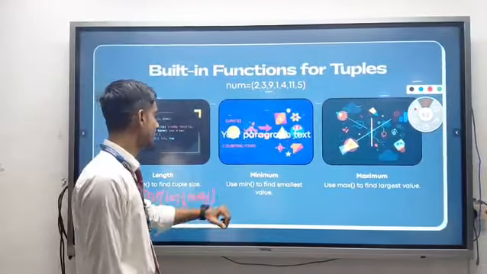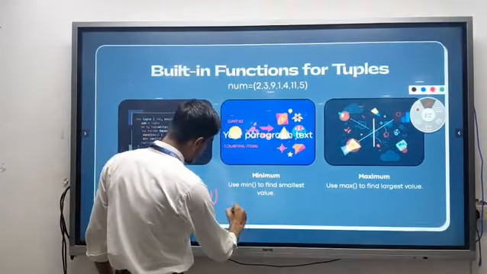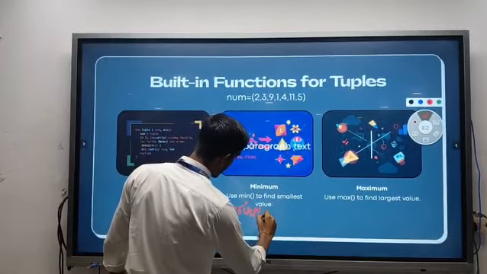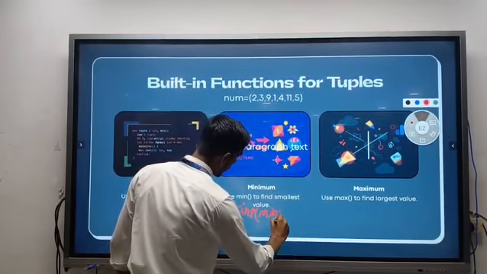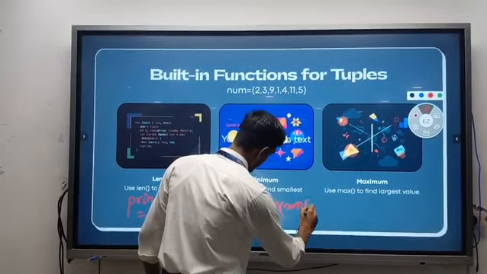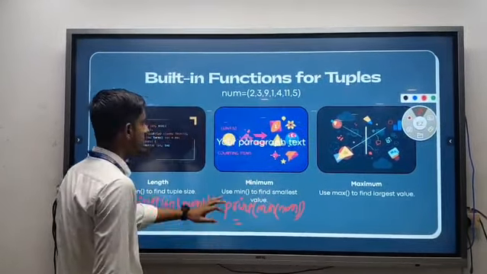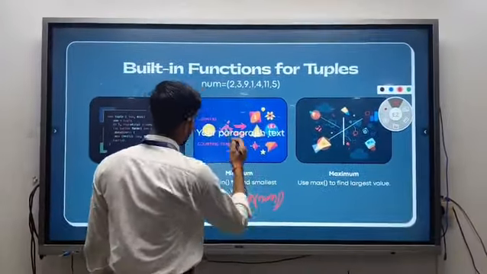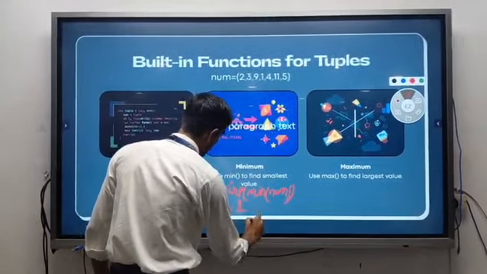When we move to the min function, the syntax is print min and the variable name. Then it will print the minimum number among the values. The minimum number is 1, so the output is 1.